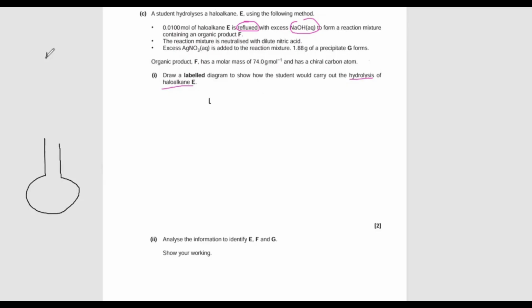Pause the video, have a go. Okay, you should see that I have circled in pink reflux. So it told us it's reflux. You have a choice. They allow you to use a round bottom flask or a pear-shaped flask. I'm using the pear-shaped flask because it's nice. It looks like a heart. And you can write heat, or you can draw a heat source like a water bath or a Bunsen